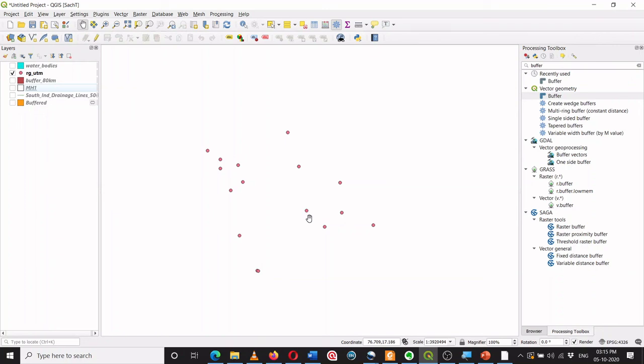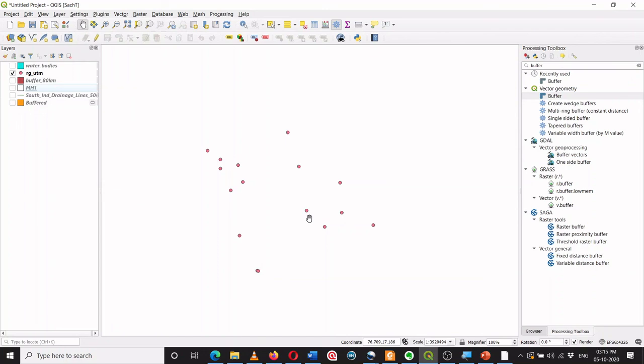If this data is available, I can draw a buffer circle of radius 100 meter, and then see how many households are served by each of these drinking water sources. Then I can identify which residential areas are beyond the buffer zone of 100 meters, so I can identify the locations of new water sources, so that people can avail the water supply services.